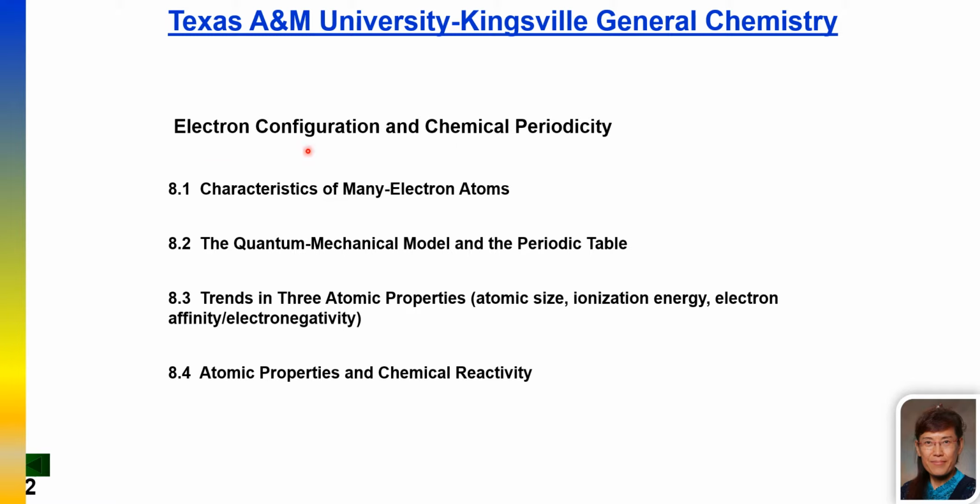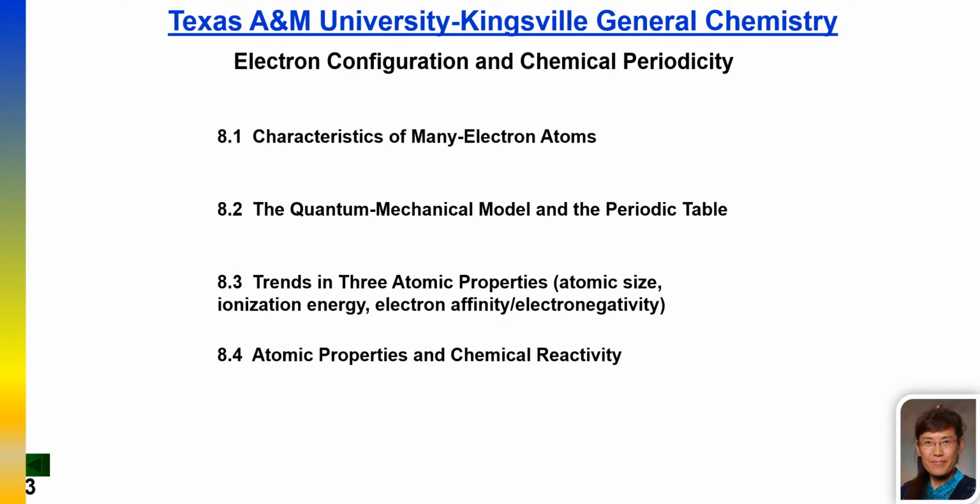Today we are going to start chapter 8 about electron configuration and chemical periodicity. In this chapter, we are going to discuss 4 different key topics. The first is related to the characteristics of many-electron atoms. The second topic is the quantum mechanical models and the periodic table. The fourth is about 3 different atomic properties: atomic size, ionization energy, and electron affinity. The last topic is not our key point, but we need to briefly know about chemical